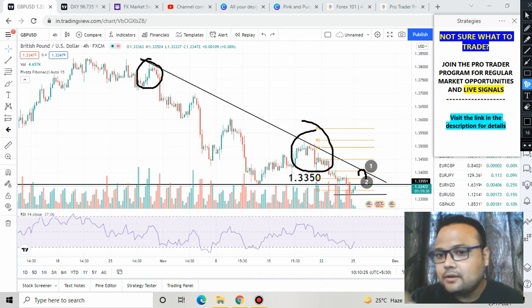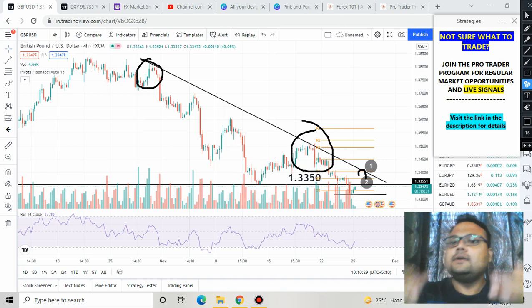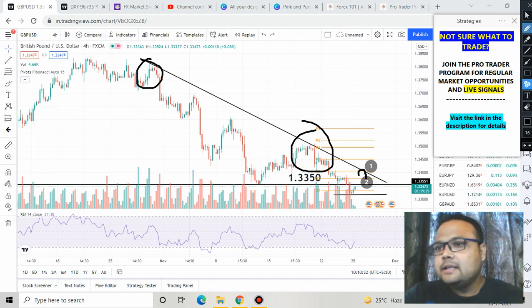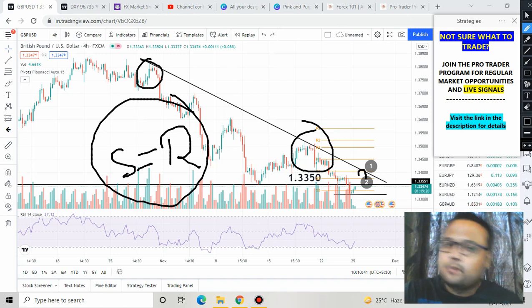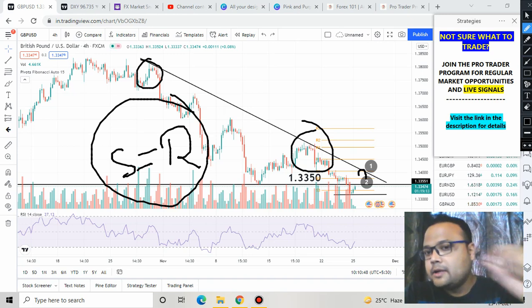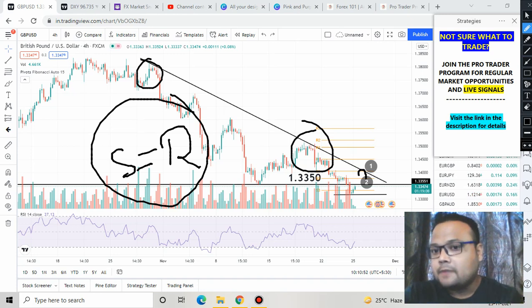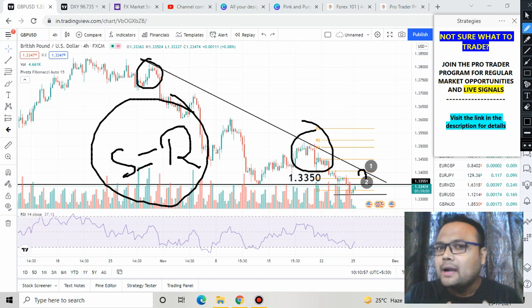At this level, you can see I have drawn a line here, and it looks like we have a resistance here. Previously this level was the support. Yes, listen to me carefully. Previously 1.3350 was the support, and this is the new resistance for the market, because support becomes resistance and resistance becomes support. So there is a possibility of 1.3350 acting as the new resistance for the market. So if you are a scalper, if you want to short the market right now, you can take a